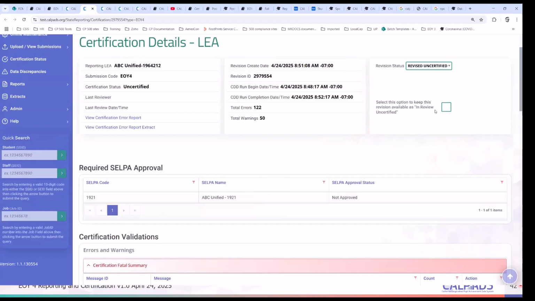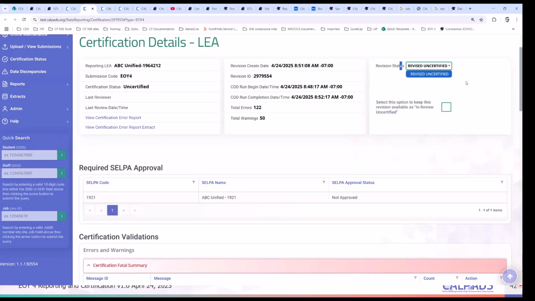Now, maybe while you have this frozen, changes were made, then CalPADS will start running and refreshing the system and generating a new snapshot, by which time you will have two versions of revision: the one that you've frozen, which is in review and uncertified, and a new revised and certified version. So if you have a SELPA approved, LEA approved, in review, or any frozen data, and you have any changes in the system and you generate a new snapshot, just switch this and pick the revised and certified version.